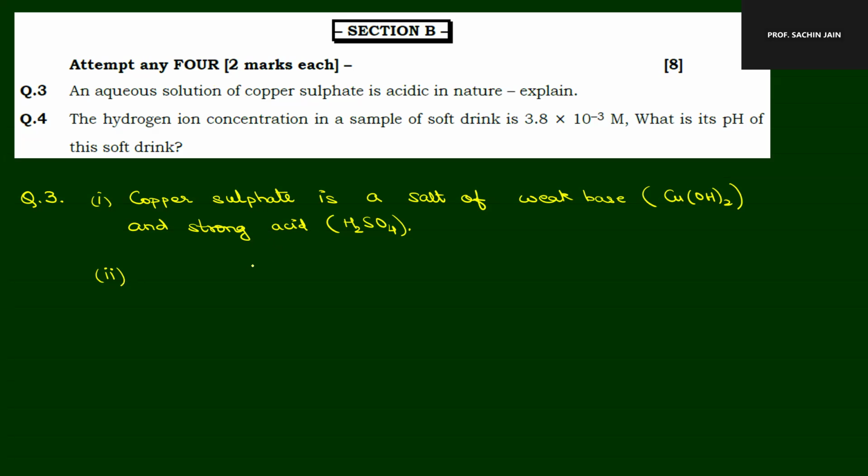The cationic part or the anionic part? Cationic. Yes. The weaker component of the salt is always responsible for hydrolysis, and the weaker component is the copper 2 plus ion. So, बस वही explanation आपको लिखना है, अपने own words में लिख सकते हो